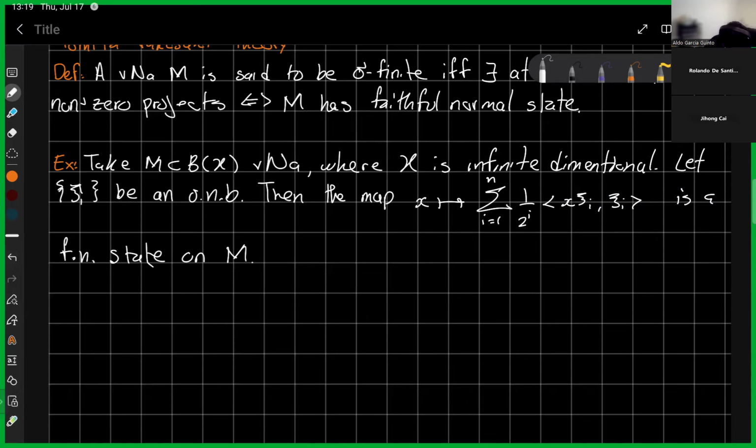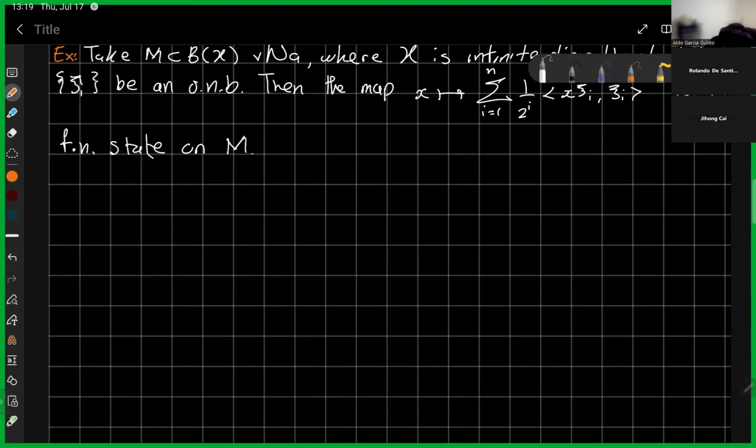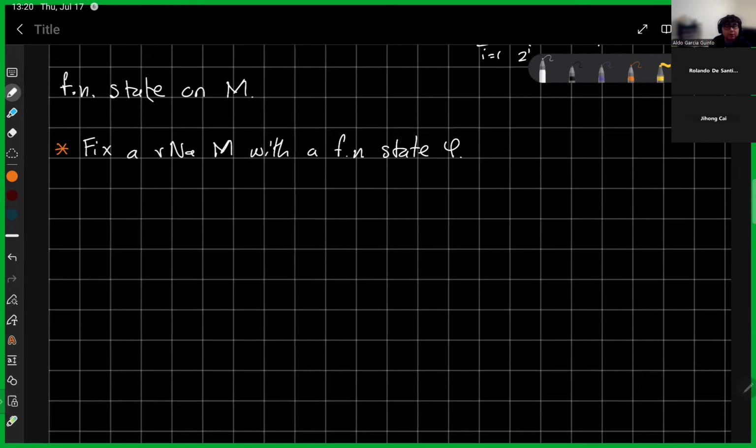Okay. So the next thing is that we're going to fix a von Neumann algebra M with a faithful normal state. And following the procedure that we discussed before, when we were covering the standard form,